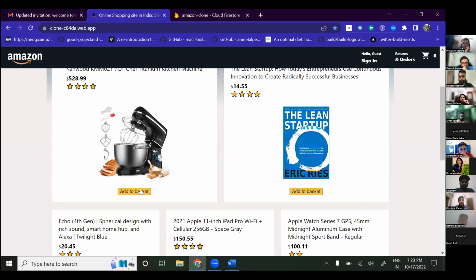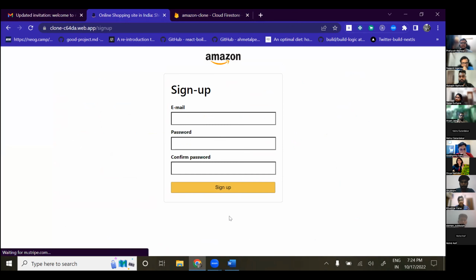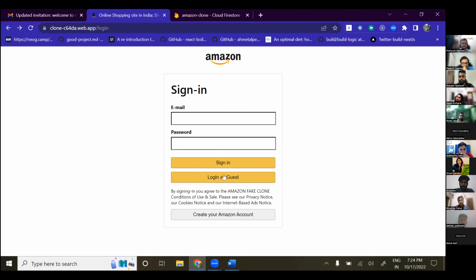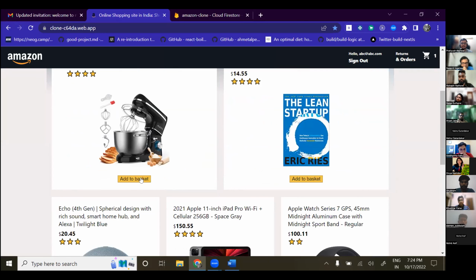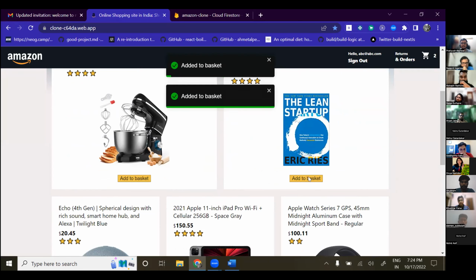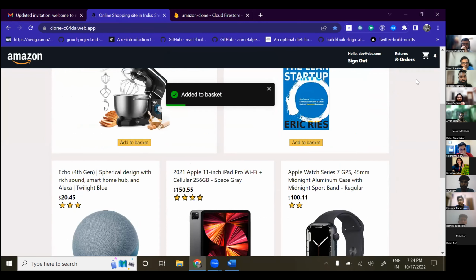So these add to basket buttons are protected via authentication. So if you try to add to basket, it will direct us to the login screen. And we can even create our account as well. But for now, we can log in as guest. And once we are logged in as guest, we can add the products to the cart. Once products are added, it will